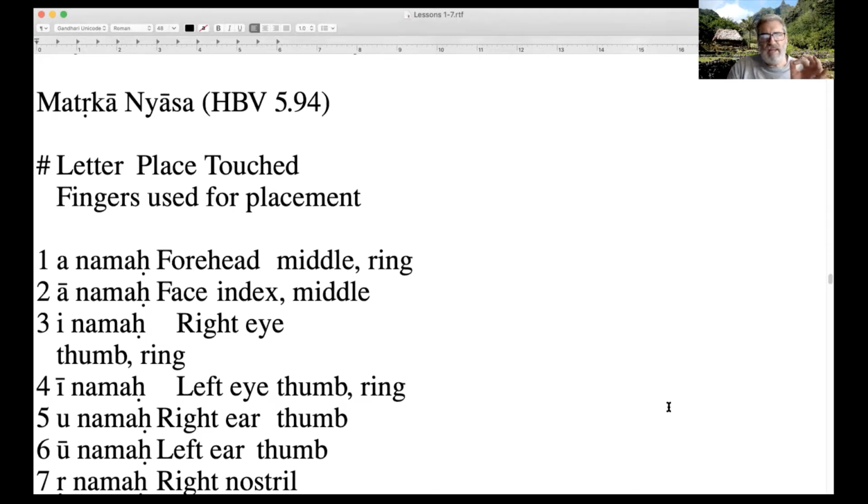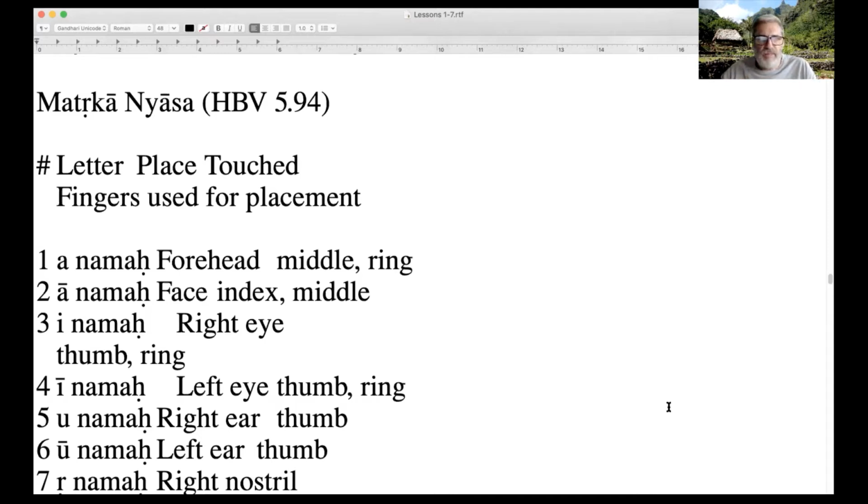Here I've given a list of the places to be touched, followed by the fingers which are to touch them. We do this with the fingers of the right hand, unless it's said otherwise.